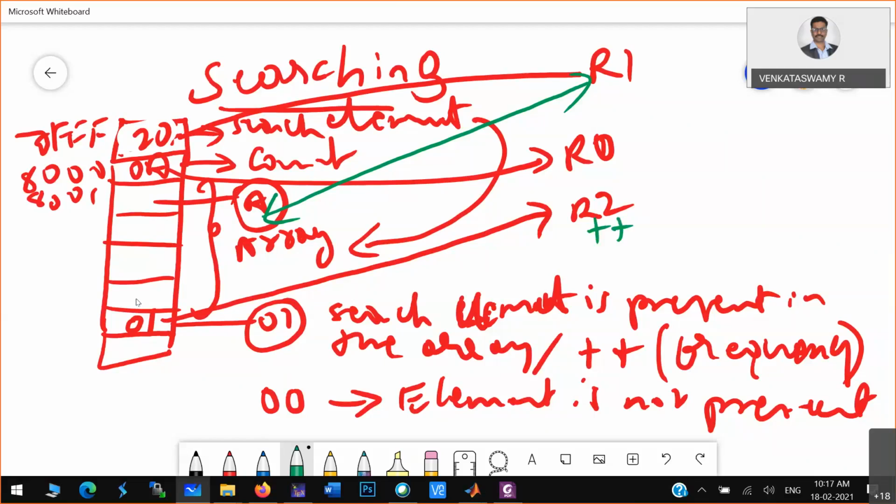Then after the first iteration, I'll decrement the count value, go to the next number, and repeat the same thing. This logic I'll use to find an element in an array. Any questions on the logic?